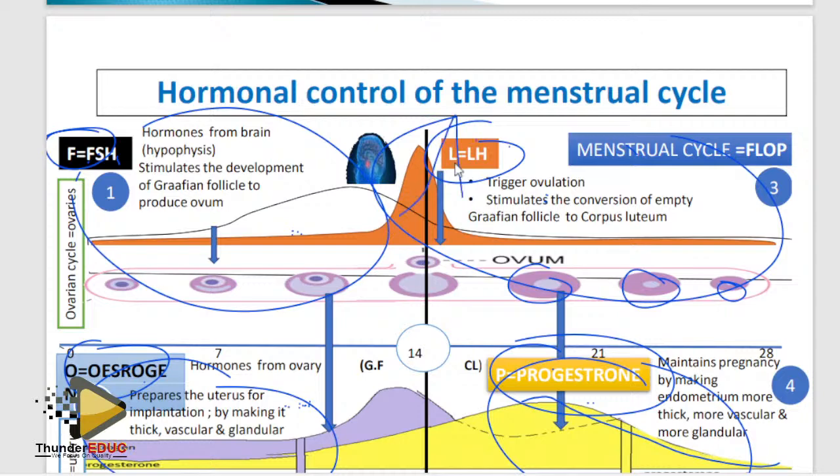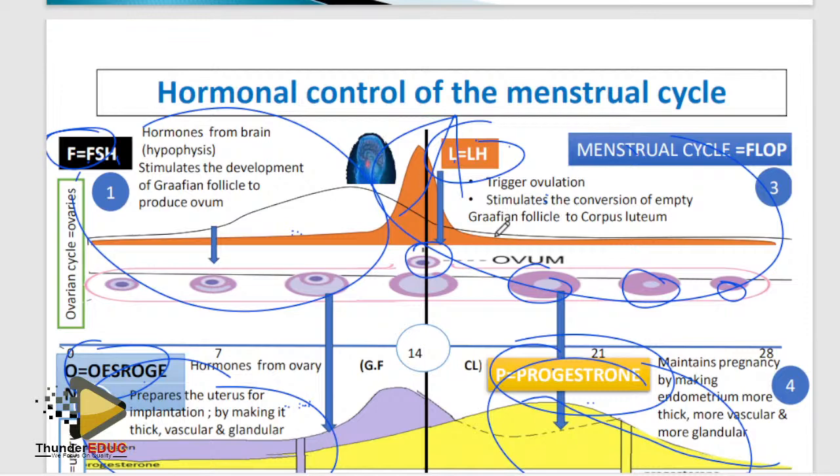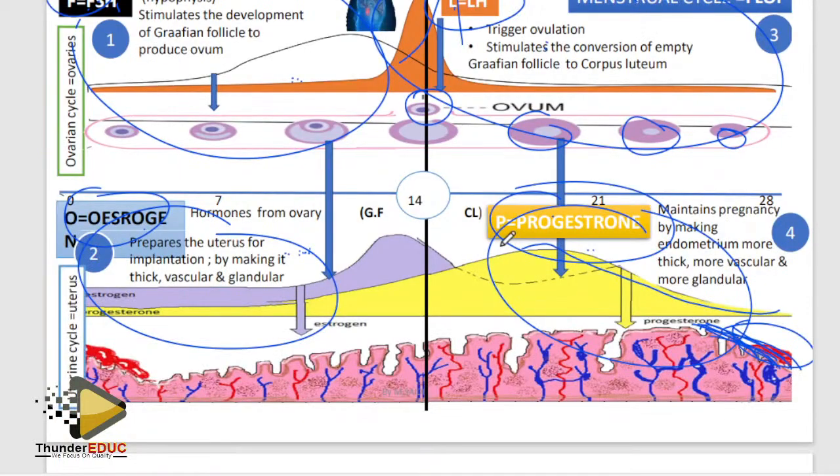Which hormone is highest at day 14? Luteinizing hormone. Which indication shows that ovulation occurred on day 14? There is a release of ovum and there is an increase in the level of luteinizing hormone. Why? Because luteinizing hormone is triggering ovulation. In most cases when they bring this question, sometimes students go off. But don't stress, relax, do other questions, come back to this, you'll be able to answer it.